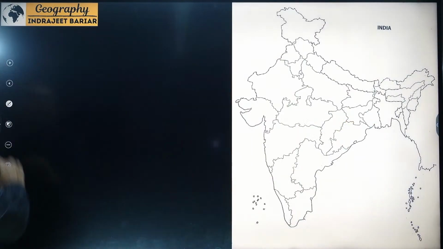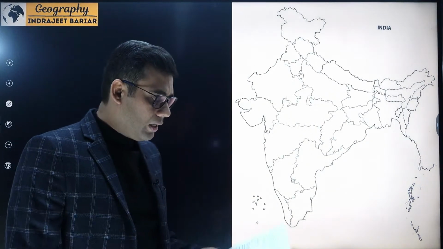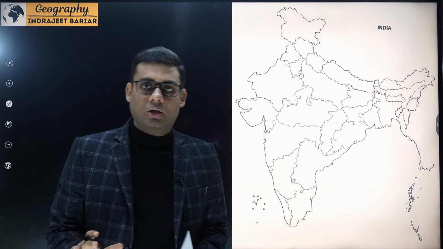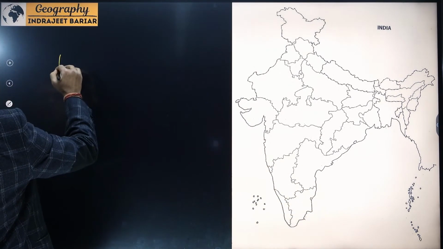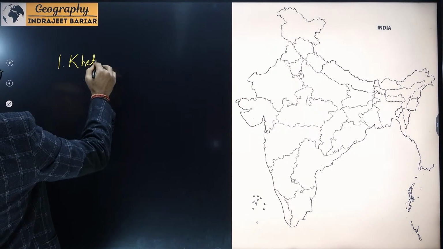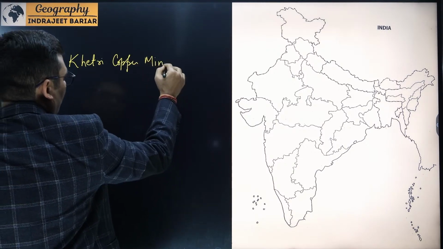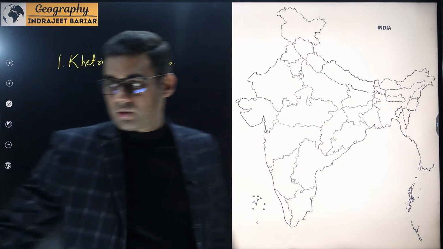Now, with respect to India, in case of India, what are the major reserves? So where do we find it? In India, copper reserves are pretty much localized. And in these localized reserves, the regions, the first one would be the Khetri region, Khetri copper mines. Khetri copper mines is in Rajasthan and is spread across Alwar and Jhunjhunu districts of Rajasthan.